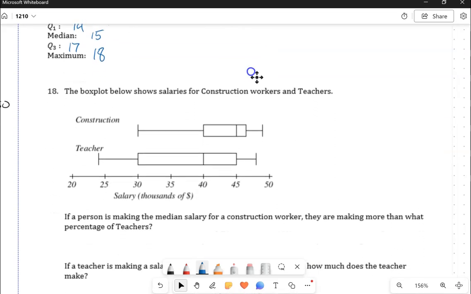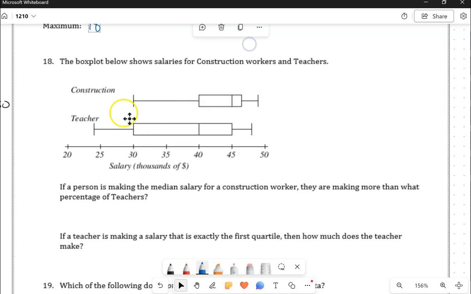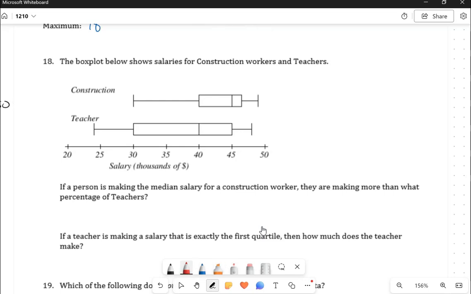Number 18. The dual box plots shown below, salaries for construction workers and teachers. If a person is making the median salary for the construction worker, where are they? The median is the middle. They'd be making $45,000. They are making more than what percent of teachers? So the median,